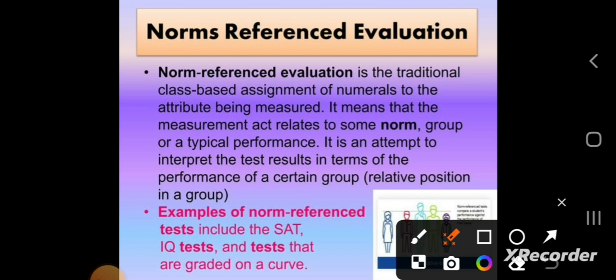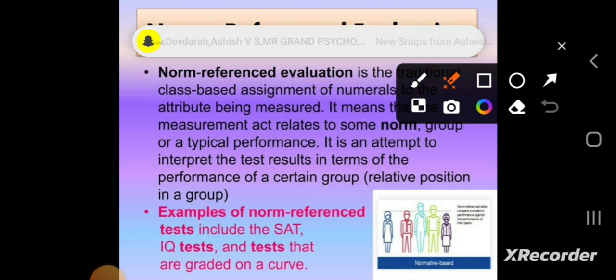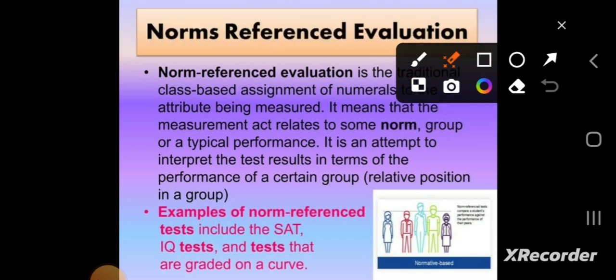It's an attempt to interpret the test result in terms of the performance of a certain group, relative position. Examples of norm-referenced tests include